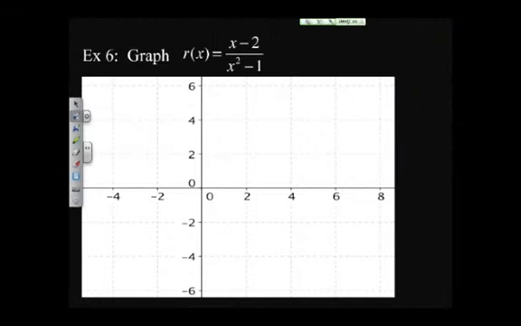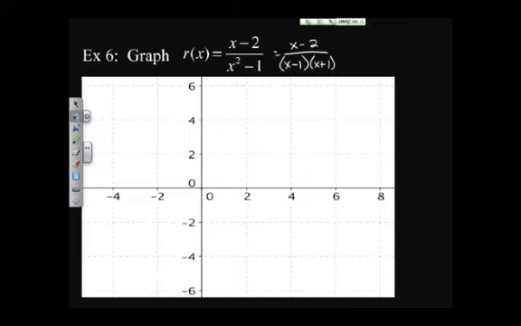We're going to go through the same process. The bottom can factor, the top cannot. The bottom is the difference of squares, so it's going to be x minus 1 times x plus 1. So that's the first part. Then we find the